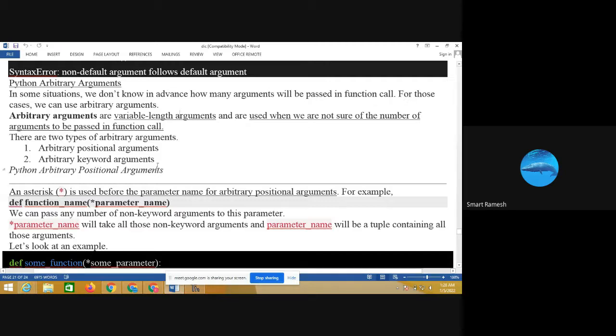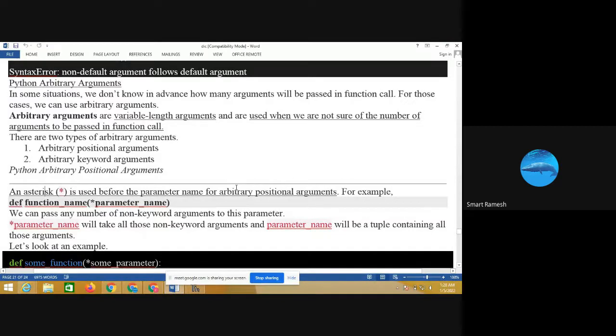There are two types of arbitrary arguments: arbitrary positional arguments and arbitrary keyword arguments. For arbitrary positional arguments, the asterisk star is used before the parameter name.